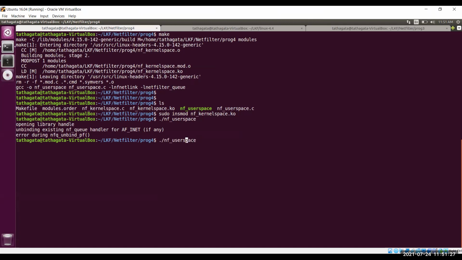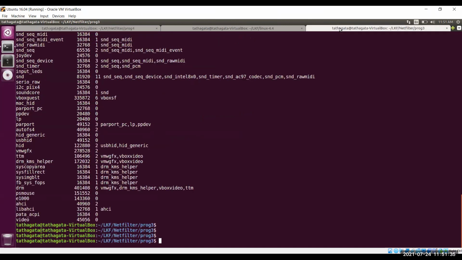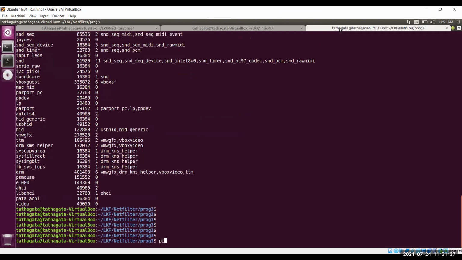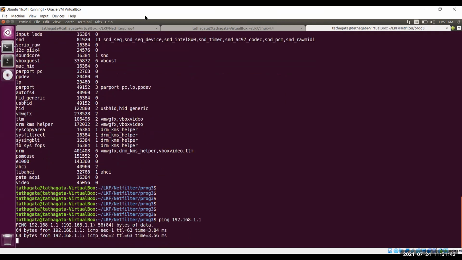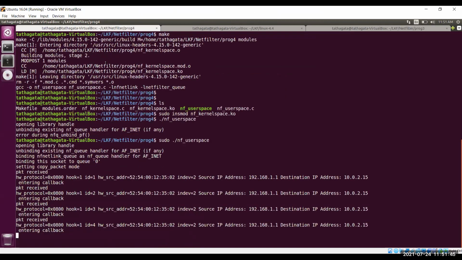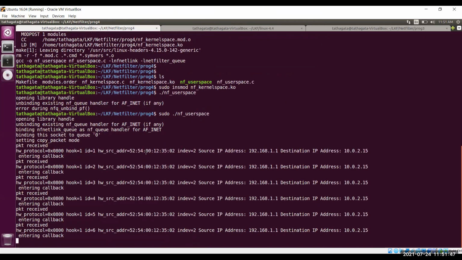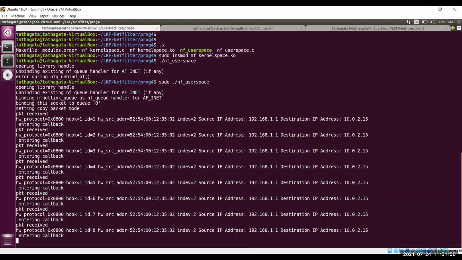Oh, sorry. I need to run it as sudo. Now see, it can now show the information of the same thing.